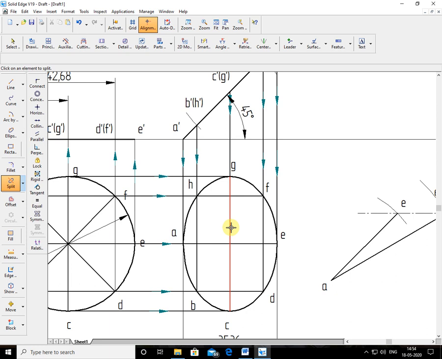Now this is clear. This is the over. This is a continuous line. I want to split. See the arrow above here. I want to split at this point, the end point here. This is splitting. So this point is already from A to E. This much is there. This is already there. This is clear. This is clear. And what about this one? This is clear. So all lines are clear now.